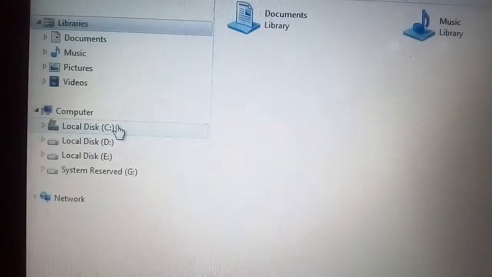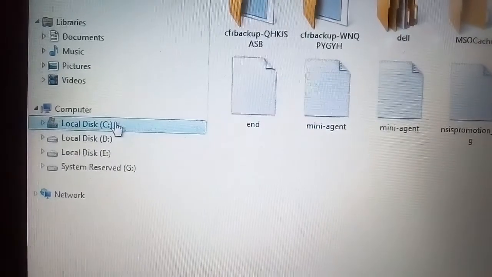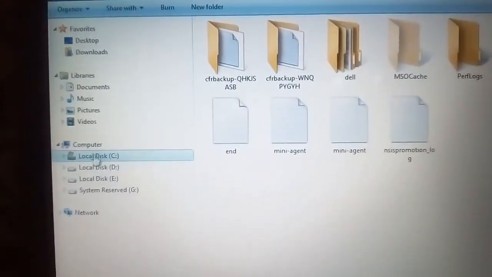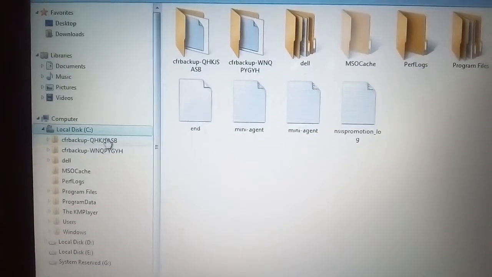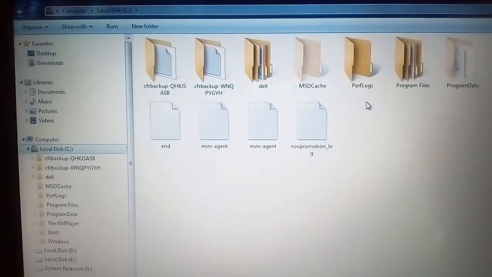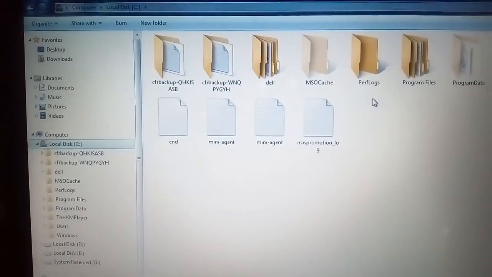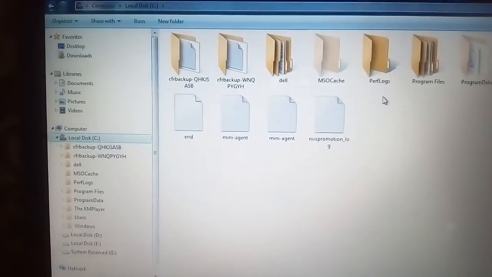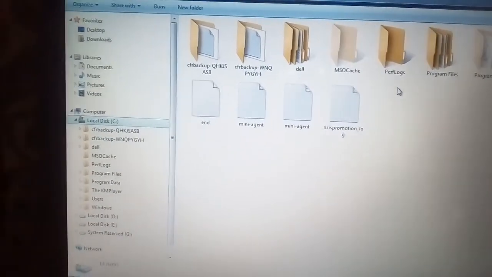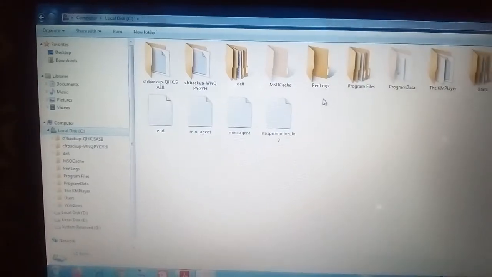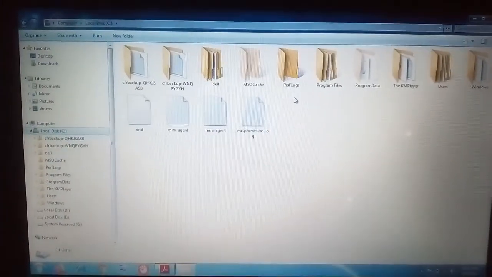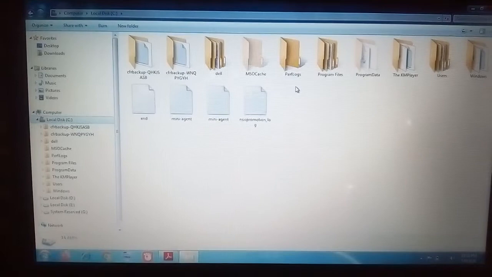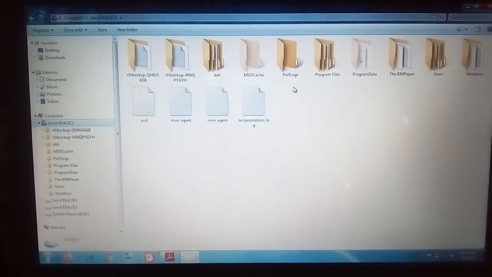So let us select C drive. As soon as I have selected, see all the folders that are inside C drive are shown here. So this part shows all the folders, subfolders and files. Okay, so that was all the parts of Windows Explorer. So try these options, and then in the next class we'll move on to the next topic.